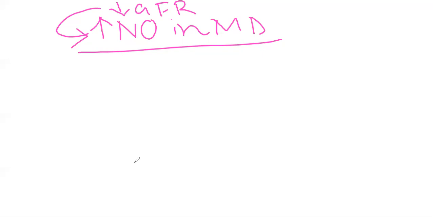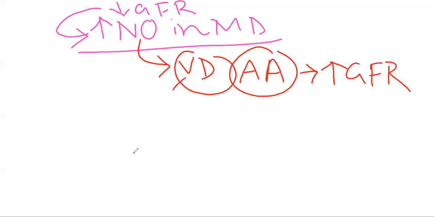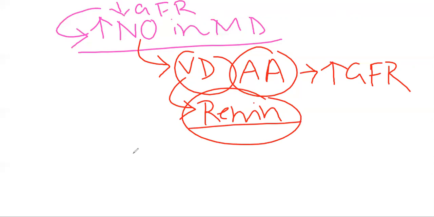But due to some chemical mechanism which is still unknown, there will be production of nitric oxide in the macula densa, and this nitric oxide eventually will do what? It will vasodilate the afferent arteriole, by which there will be an increase in the GFR, but also it will help in the production of renin. This renin is an important chemical substance for the renin angiotensin aldosterone system.